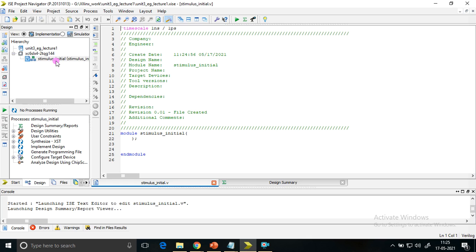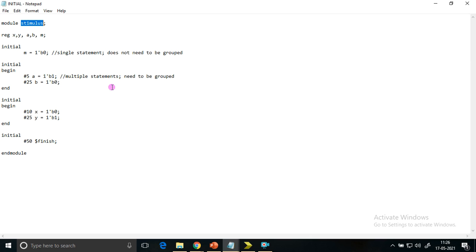Because when you already have the design block, and upon the design block you want to create a stimulus block by selecting that particular design block, some pre-statements automatically come over here. Inputs get declared as registers by itself, outputs are declared as wires by itself, and instantiation of the design block also happens. These automatic things happen when I do Verilog test fixture. But if you directly start with Verilog module, it will not happen. So in previous cases I did not do so, but now I am doing it because I don't have any design block. When you don't have any design block, you can directly do it this way. I hope there is no confusion between these things.